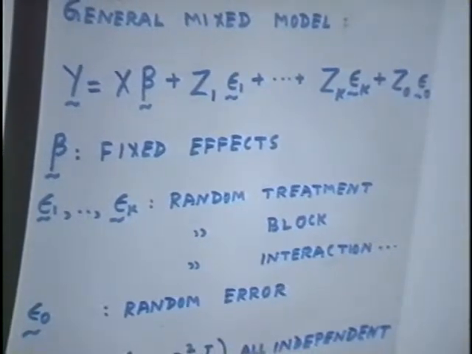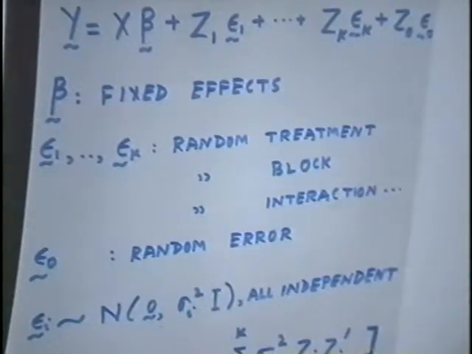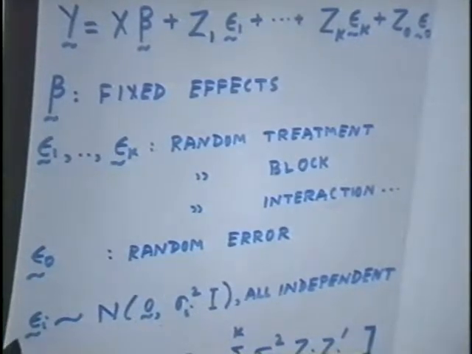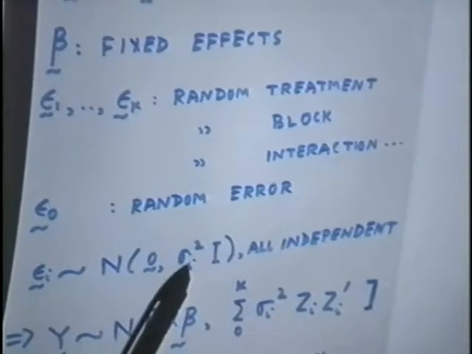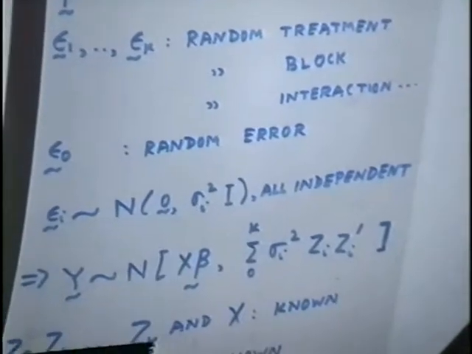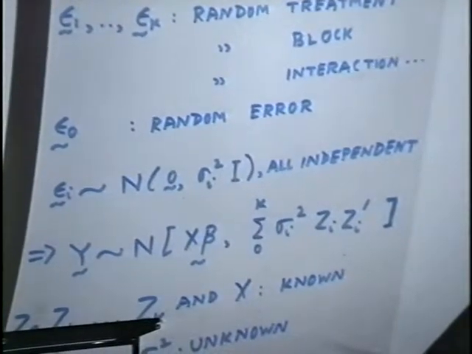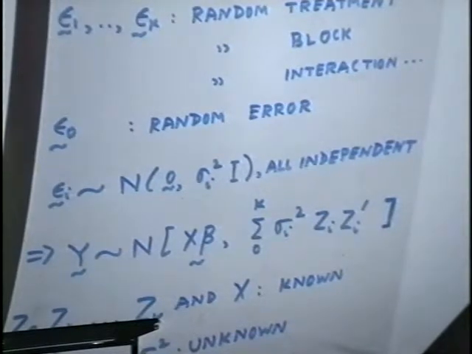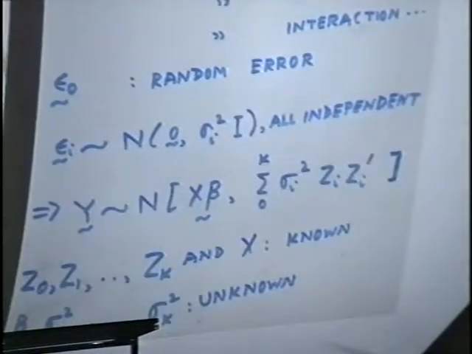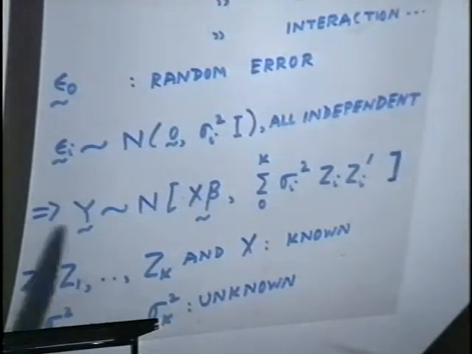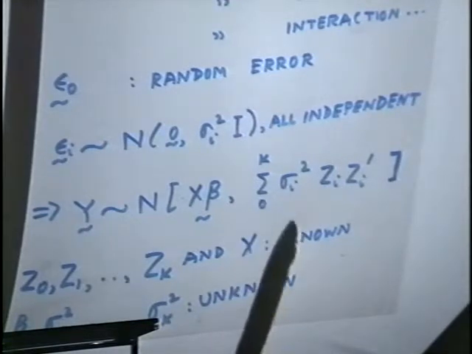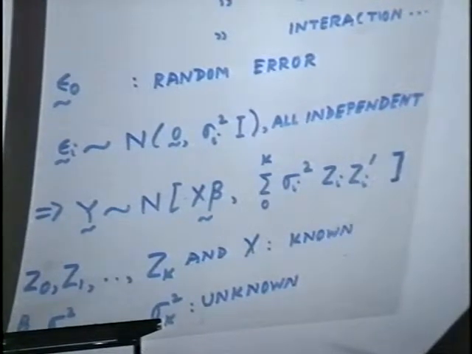The usual assumption about the random effects in this mixed model is that the components epsilon i are independently normal with mean 0, and they are uncorrelated with common variance sigma i squared, which is different for i equal to 1 to k and i equal to 0, so that we have the model y is normal with x beta as the mean, and the covariance matrix of y is the summation of sigma i squared Z i Z i prime,